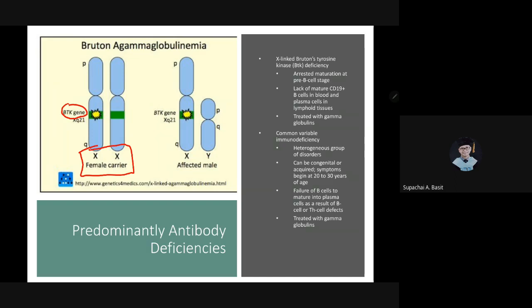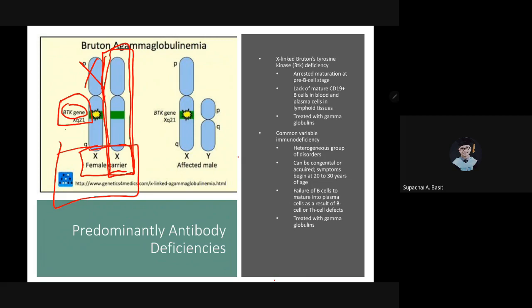Now, if you are a female, most likely you are a carrier, meaning to say you do not phenotypically express the BTK gene. Why? Because females would have double X chromosomes. So even if one of the X chromosomes would have the BTK gene, there's another X chromosome that is normal, and this would be dominant. Hence, the affected X chromosome will not be phenotypically expressed. So that's the reason why the majority of females will just be carriers. However,